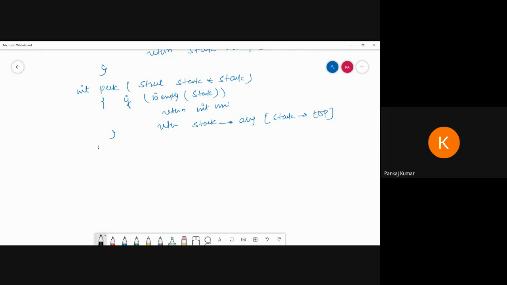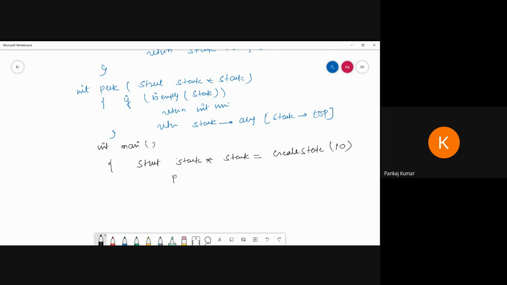So inside main we have to create a struct stack pointer. Here I am creating a stack equal to create a stack, passing the capacity of the stack, suppose 10, and close this one.